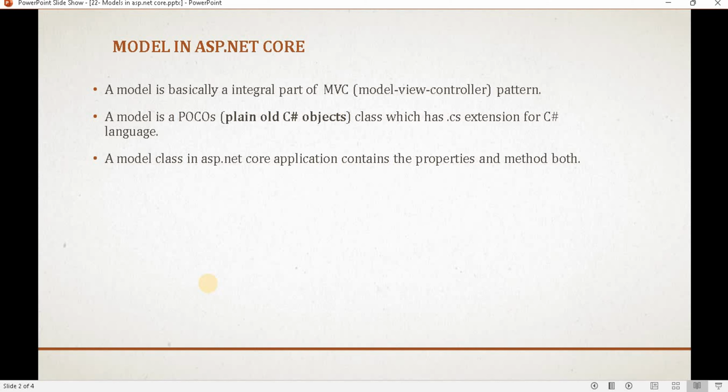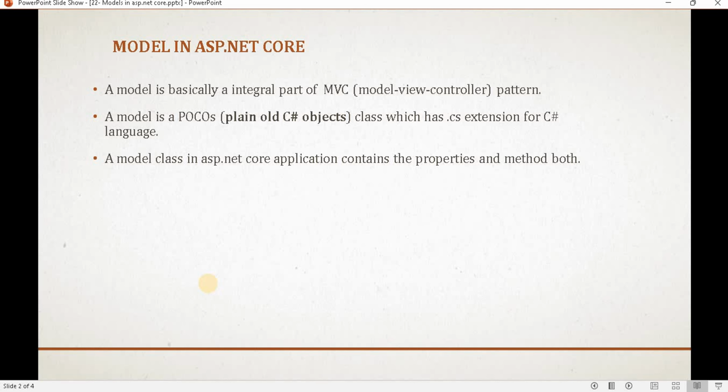Basically, a model is a part of the Model View Controller pattern, or we can say it's a part of the MVC pattern. And a model is nothing but a POCO class, or we can say a plain class, which has the .cs extension if we are writing the program in the C# language. Otherwise it will be the .vb extension with VB.NET.